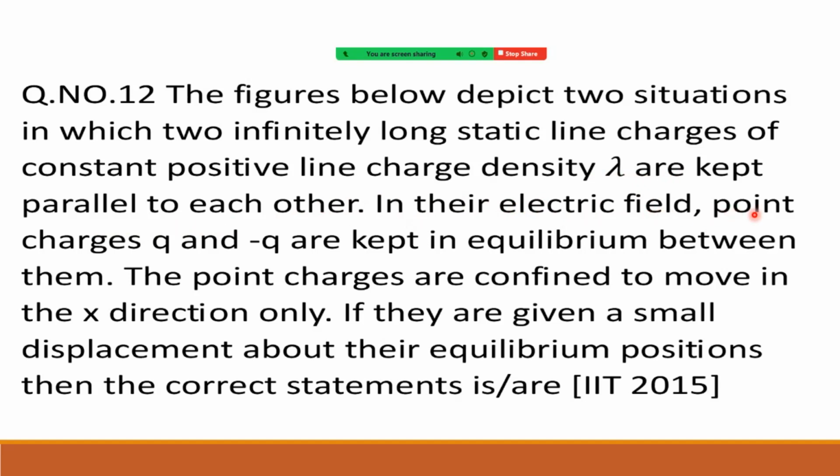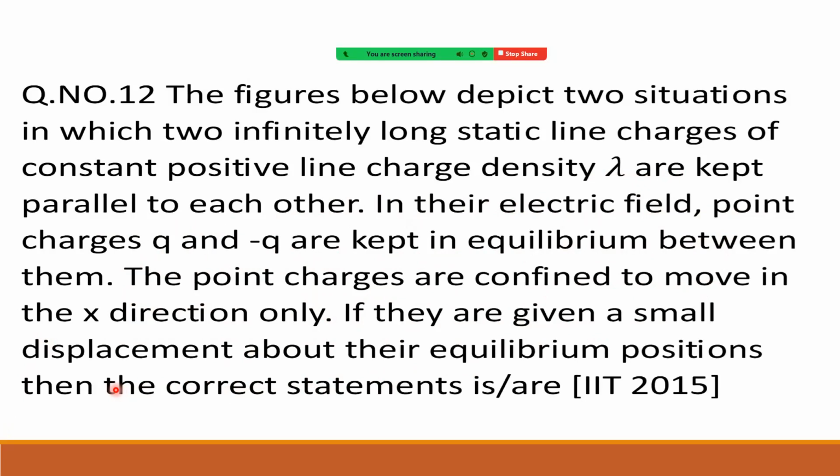In their electric field, point charges Q and minus Q are kept in equilibrium between them. The point charges are confined to move in the x direction only. If they are given a small displacement about their equilibrium positions, then the correct statements,